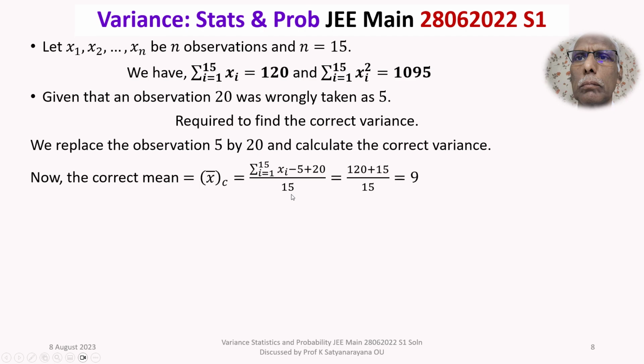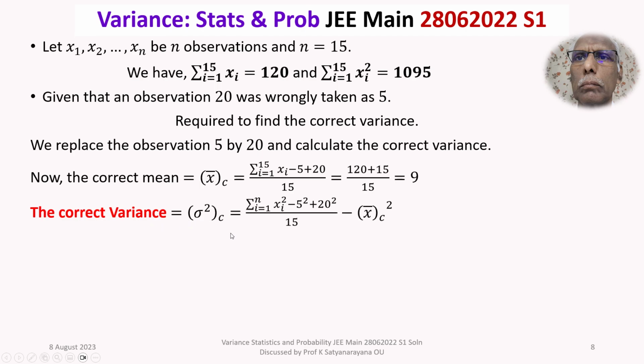That is equal to 120 plus, 20 minus 5 is 15, that is 135 by 15, that is equal to 9. Agreed. The correct variance, that is sigma square suffix c, C stands for correct,